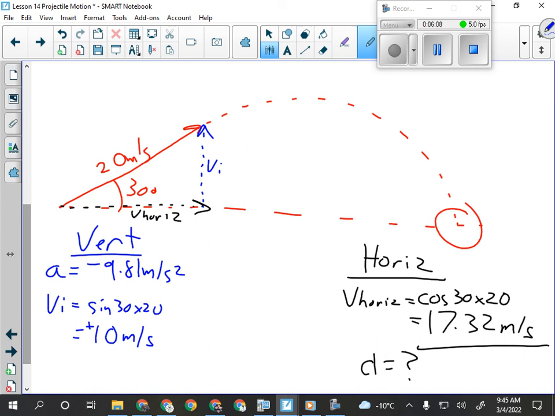Well, it's got to be going just as fast when it gets back as when it left. Agreed? Because everything else is equal. The distance up and the distance down are equal. The acceleration is equal. One of these ends at 0, the other one starts at 0, and everything else is the same. So the velocity that it comes back down at is the same, provided it's landing at the same altitude it's